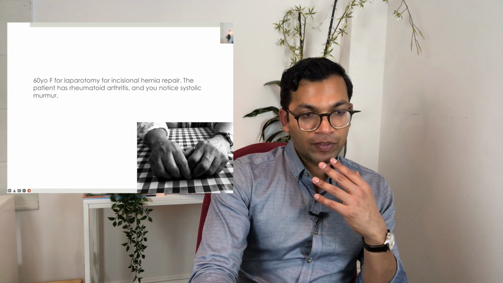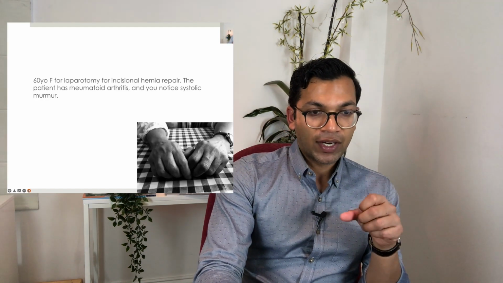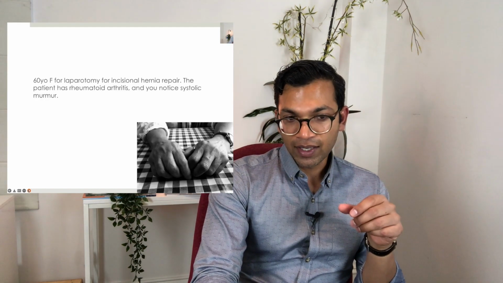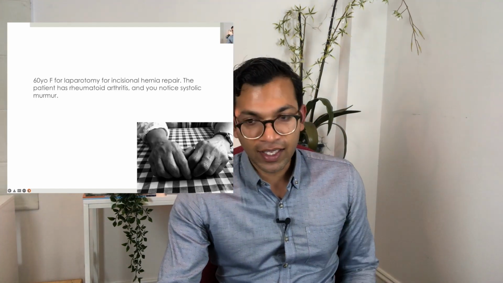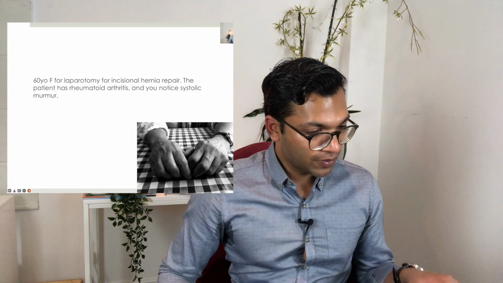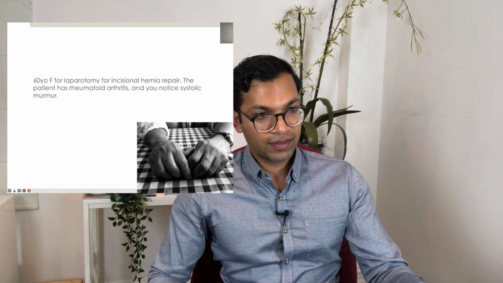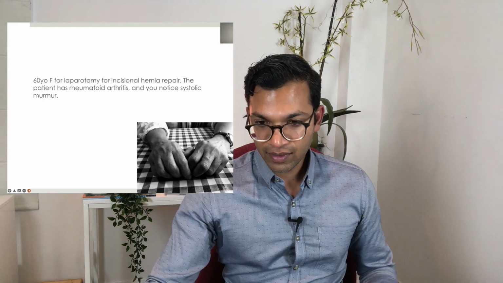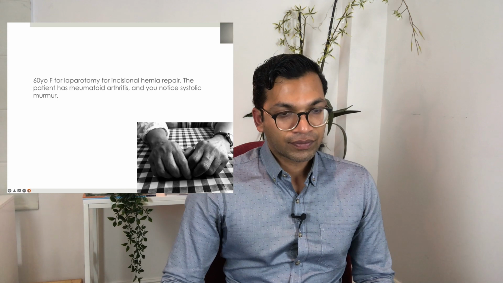Let's keep going. So this patient here, 60-year-old female for a laparotomy for incisional hernia repair. The patient has rheumatoid arthritis and you notice a systolic murmur. So next person along, Lewis Tung, what do you reckon? Just following your format, what's going on? Yep, so surely this is not emergency surgery, it's an elective. And yeah, we go to see if this is